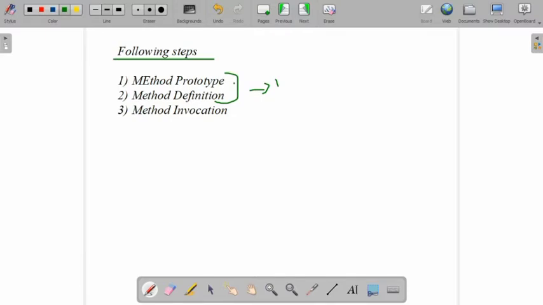After defining a method, we need to call that method. As required, we will call or invoke that method. That is known as method invocation. Method invocation is known as method calling. So this is the third one, method invocation.